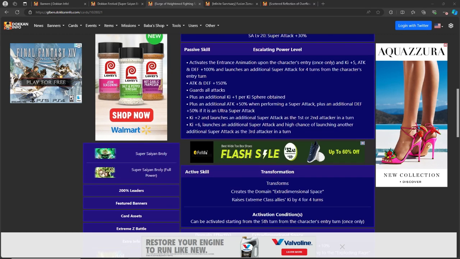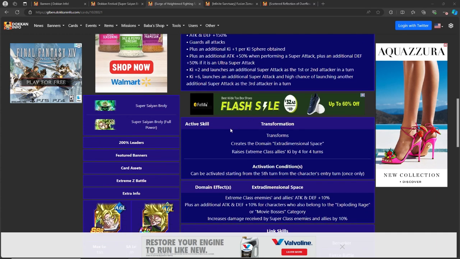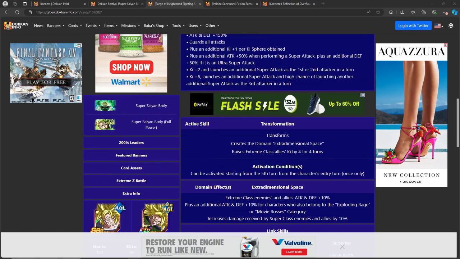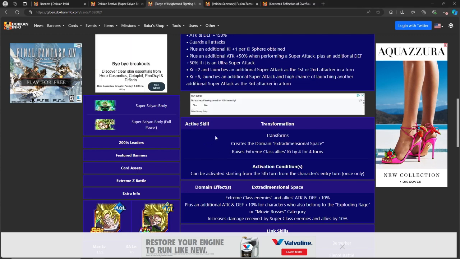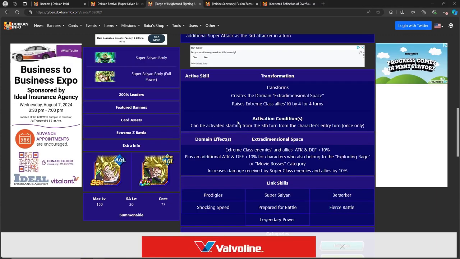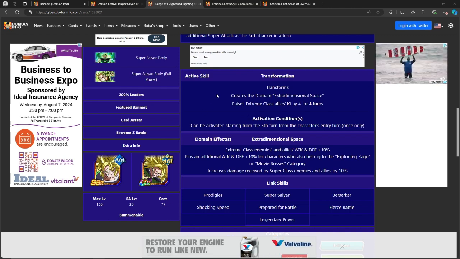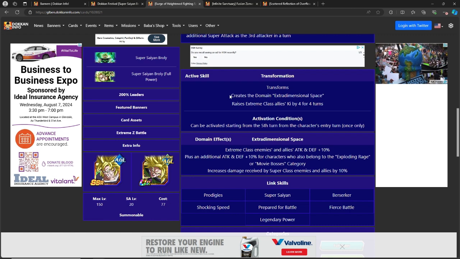So third attacker sounds like the beneficial spot, so you can float him off, and then the next time he comes back, you should be able to transform him into his domain, which can be activated. Let's see. On the 5th turn. So from the 5th turn, you'll be able to use your active skill, creates the domain extra dimensional space,